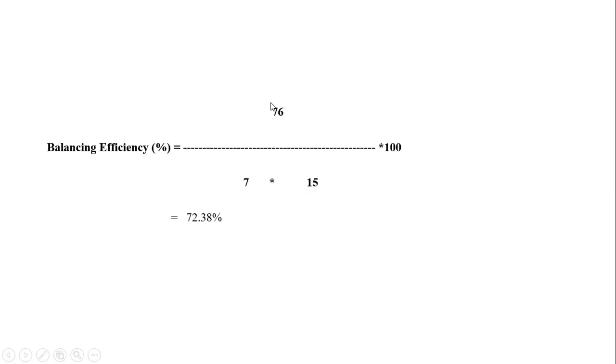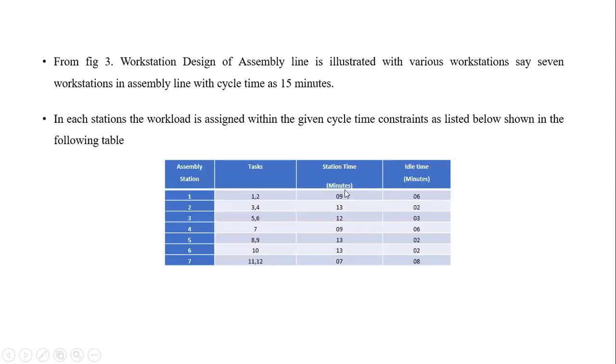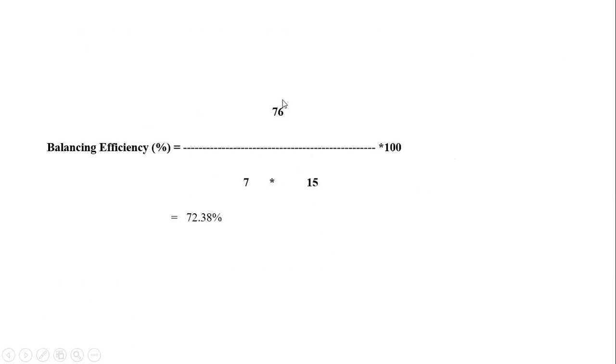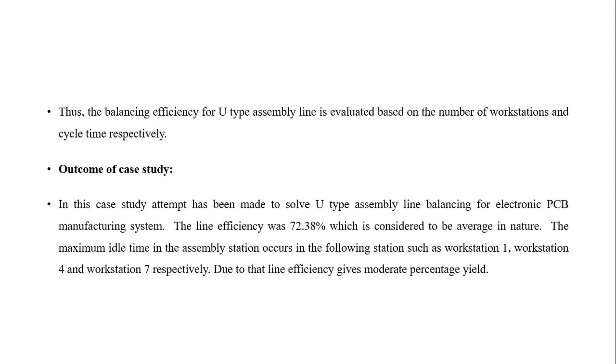The sum of all task times is 76 minutes. How do we get this number? Add all the station times, the work element timings, and divide by the number of assembly stations times the cycle time. So you will get 72.38% as the line balancing efficiency. Thus, the line balancing efficiency for the U-type assembly line is evaluated depending on the number of workstations and cycle time respectively. So the outcome from this case study